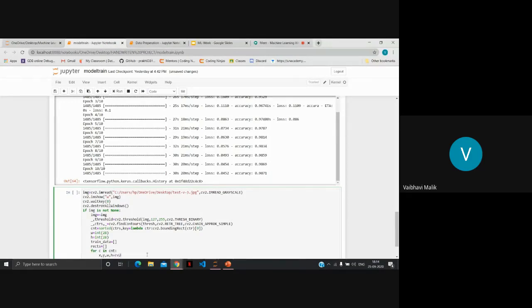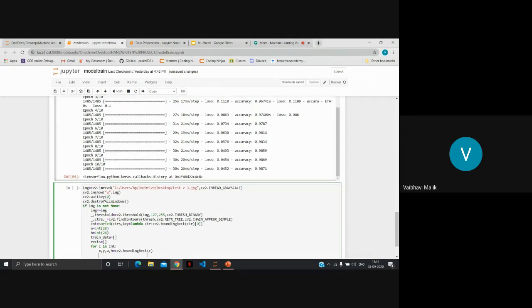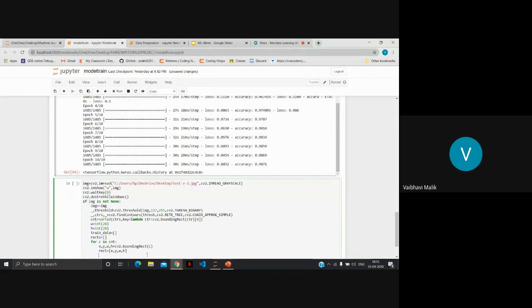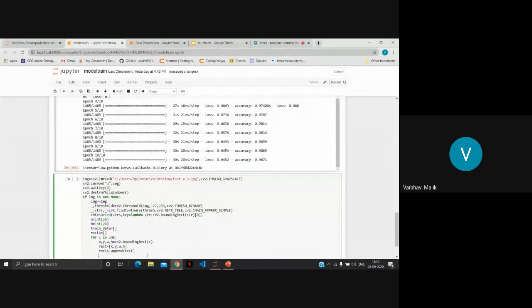We will use the bounding rectangle function here and provide c as an argument. The rectangle's coordinates will be x, y, w, and h. So we will append these rectangle coordinates into the array that we made for rectangles, that is rects. Okay, so till here I will show you how these look when we run this cell.